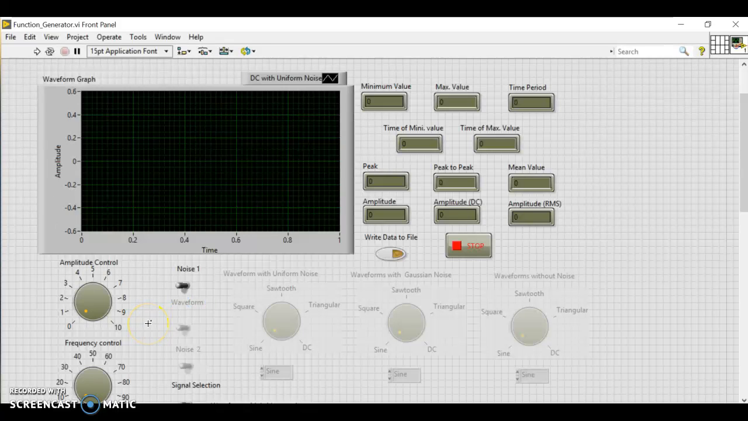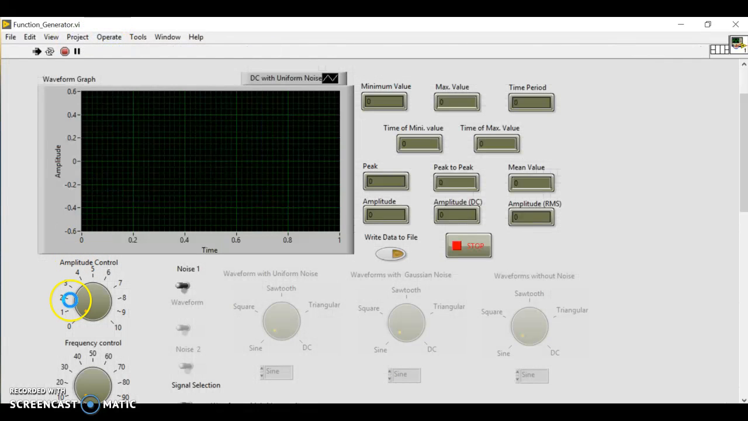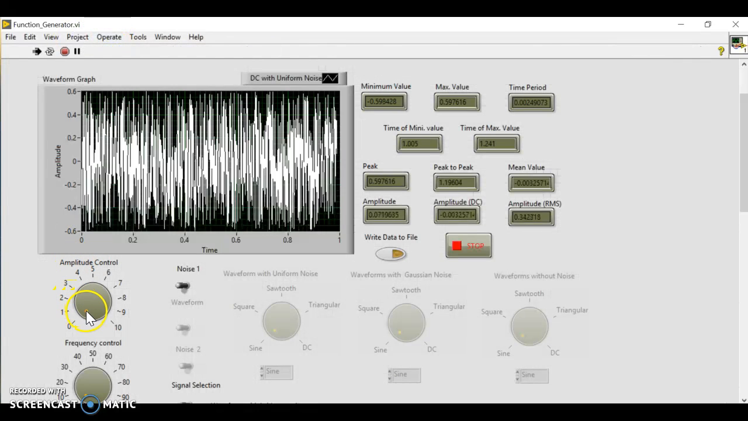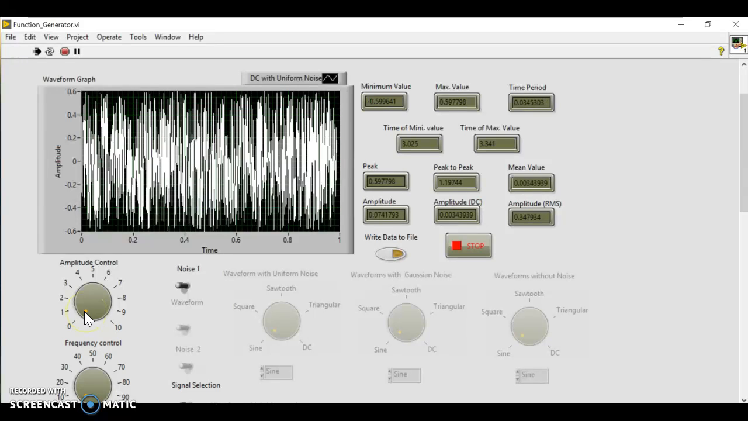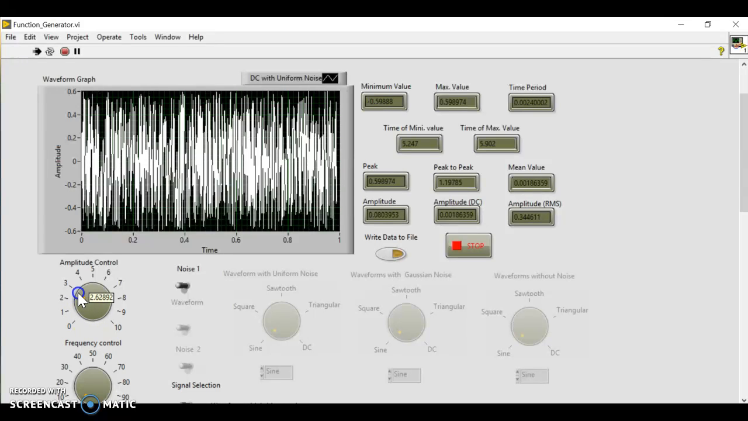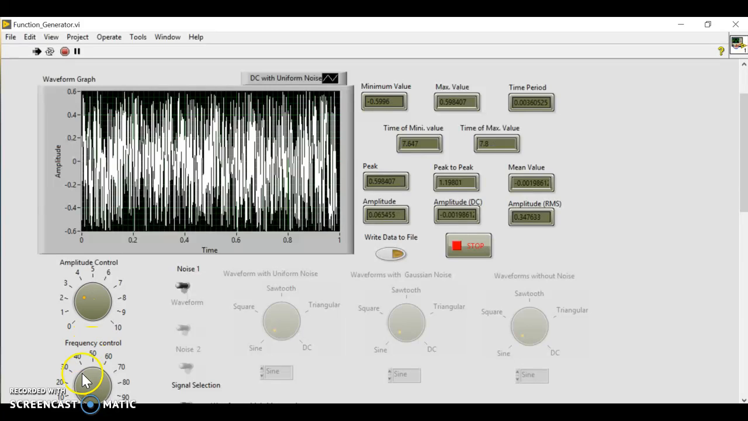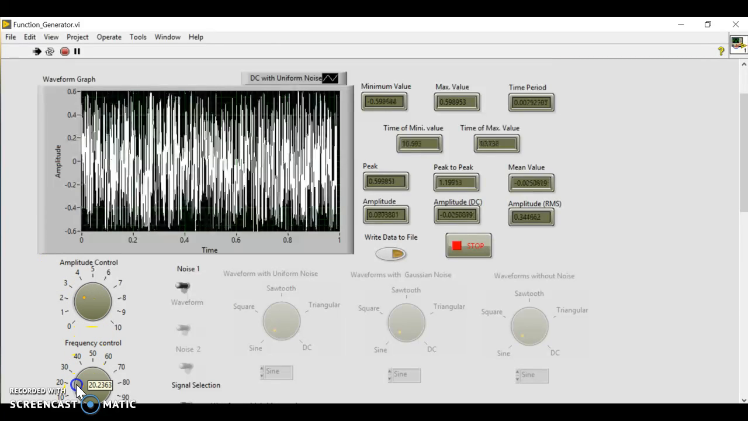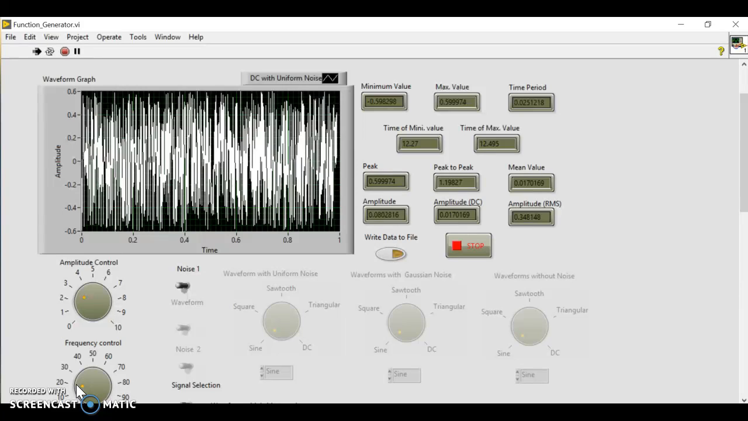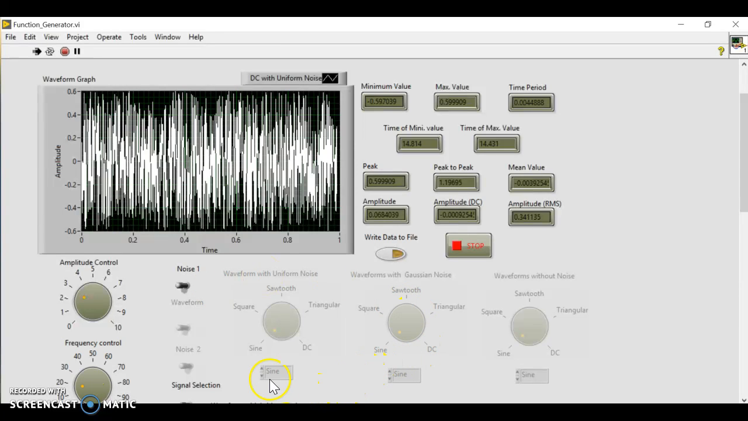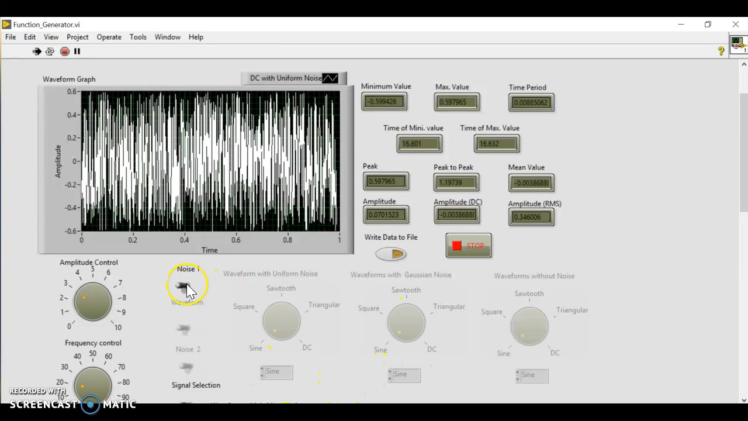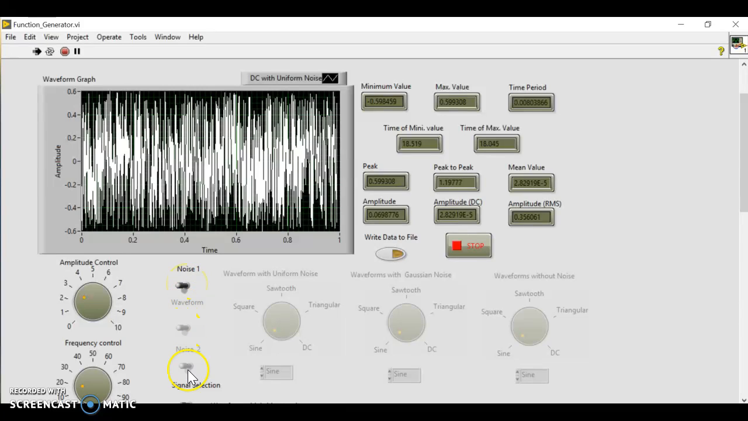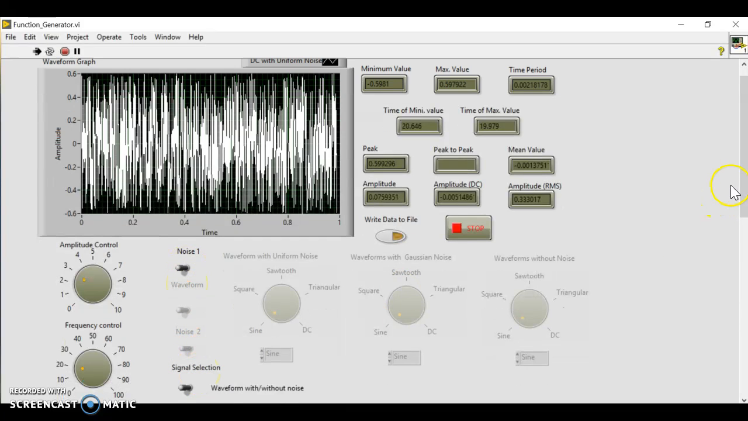First, I run just the noise. As you can see here, when I hit the run button, you can see the noise, and when I also increase it, and I increase the frequency as well. Then I design the noise, which is about one